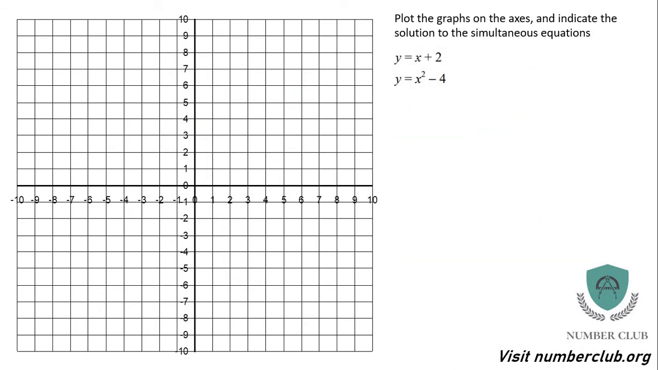Plot the graphs on the axes and indicate the solutions to simultaneous equations. Now, this is quite simple stuff. I'm not going to show you all of the messing around with graphing this stuff. I think it'd be a little bit of a waste of your time. So it's not there, sorry. It's there,